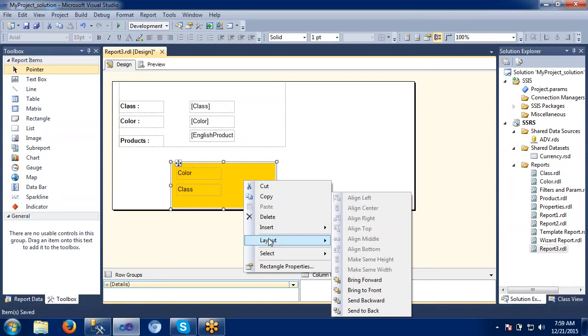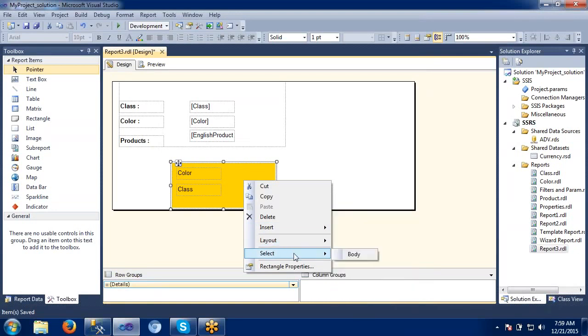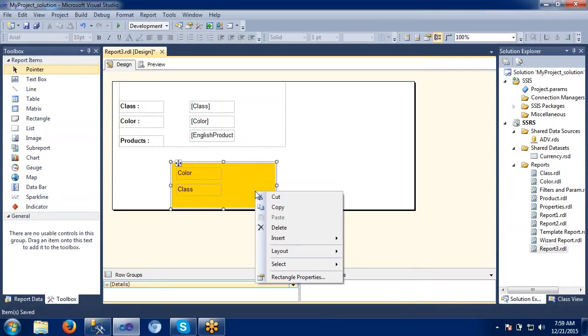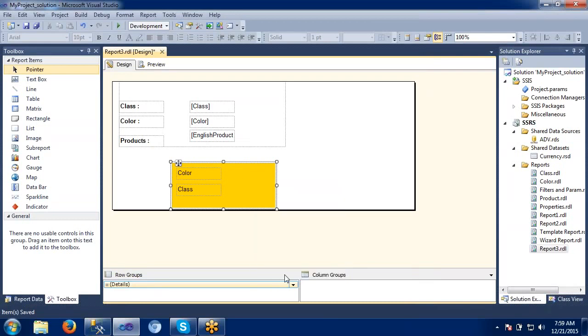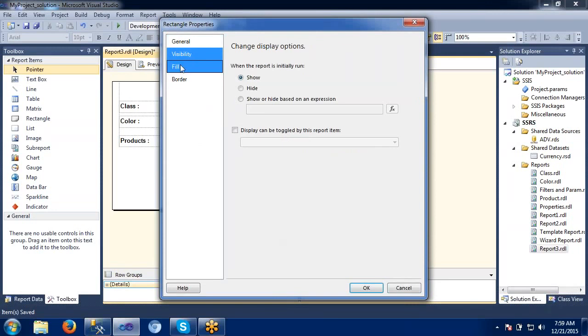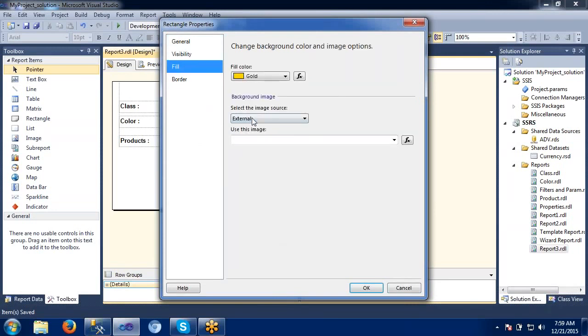And what are the layouts available, like bringing to the front, we can try all these options. We have some body options where we set some properties. And this is the main rectangle property here. Generally visibility, fill, if you want to make use of this, we have already seen something, right?